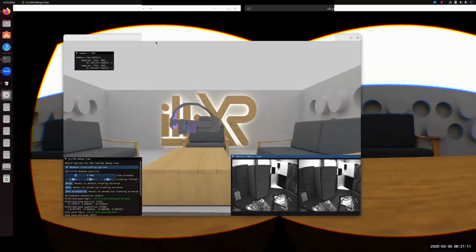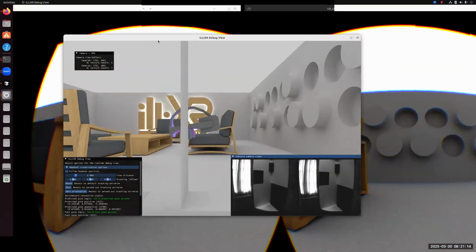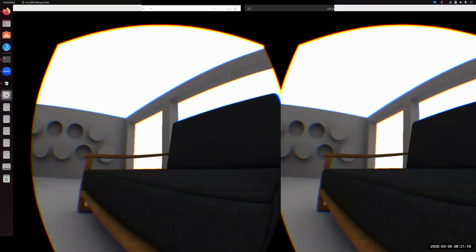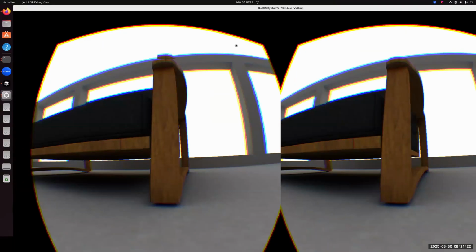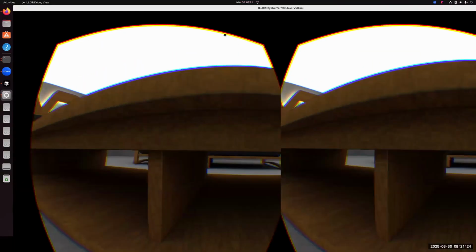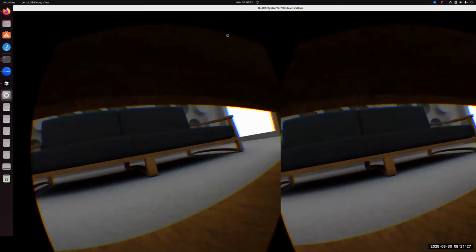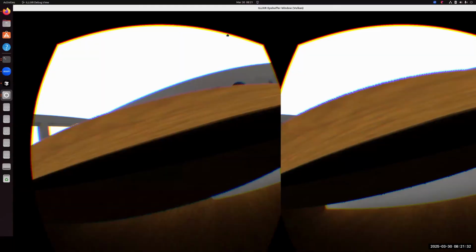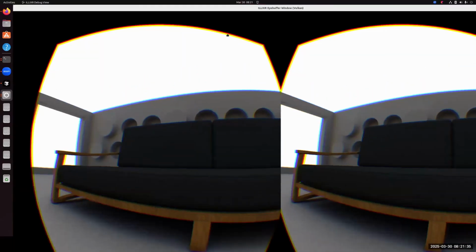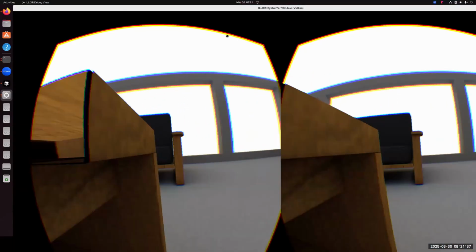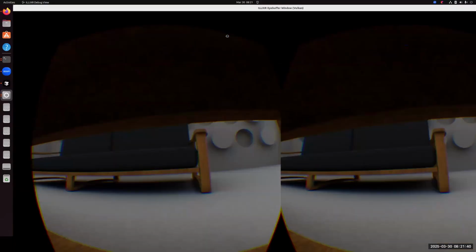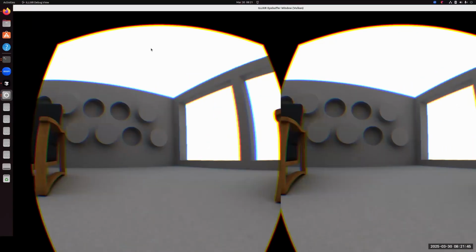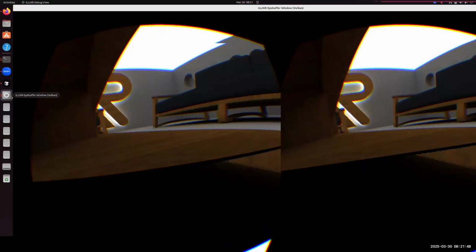Perfect. So as you can see now, there are two windows in the native OpenWarp profile. The first one is the framebuffer window, and this would be what will be presented on the display. It's currently showing up as a window because we don't have a headset connected, but we have a description on how to configure direct mode for headsets as well. So you'll be able to directly present the framebuffer on the headset with the right environment variables.